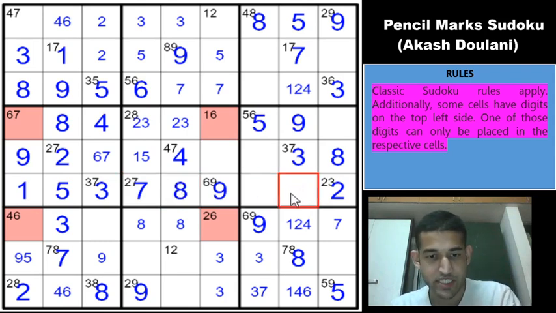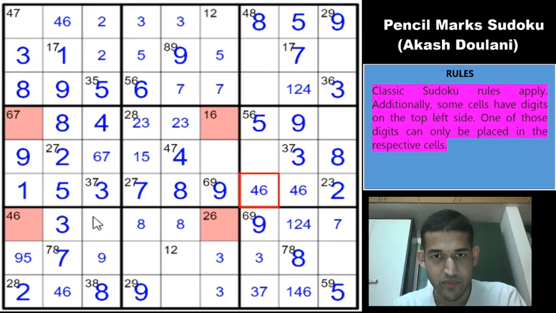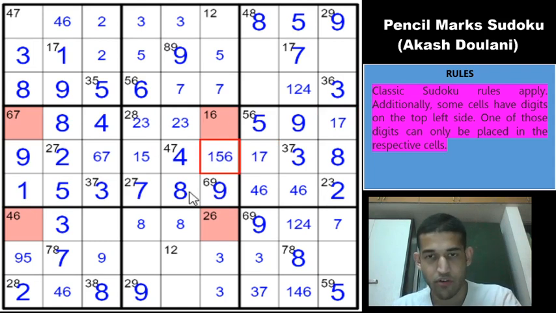So we have a 4, 6 pair now in row 6. 1, 3, 5, 2, 7, 8, 9 will give you a 4, 6 pair. And remaining digits are 1 and 7. We can candidate them. And this is going to be 1, 5 and 6 for box 5, right?